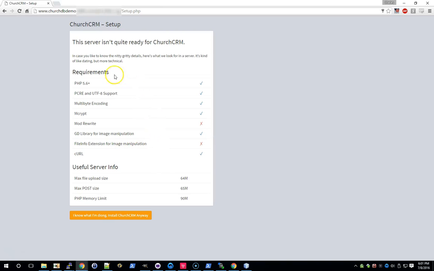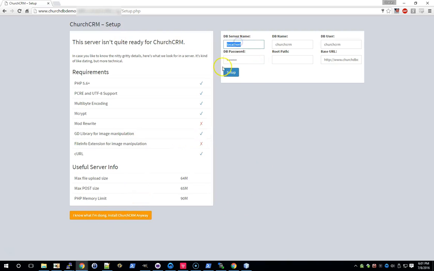So after the application has been uploaded to your server, you can go ahead and log into the URL. And the very first thing you'll see is a setup page detailing some of the requirements for ChurchCRM. In this case, it looks like I have some unmet requirements. However, these detections are not foolproof, and some servers, even though they're capable of running the application, may report unmet requirements. So I'm going to click the I know what I'm doing button, install anyway,